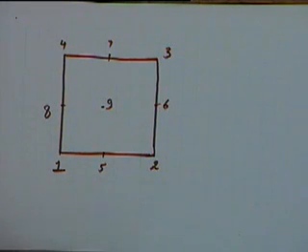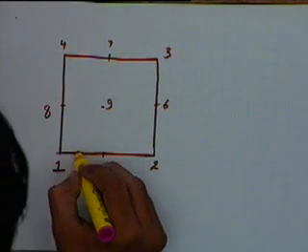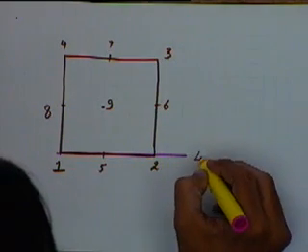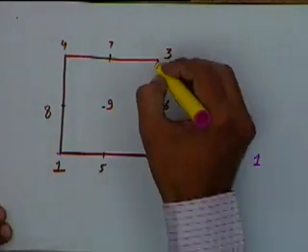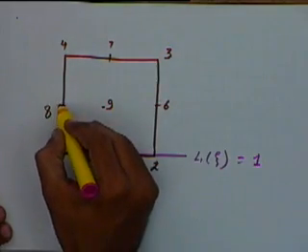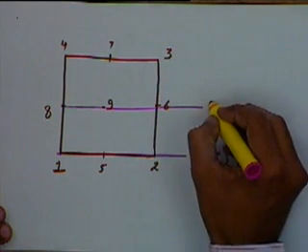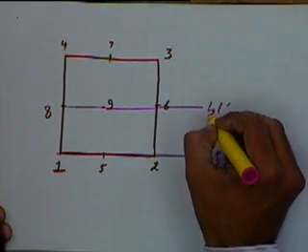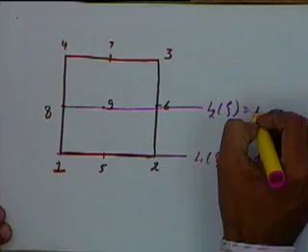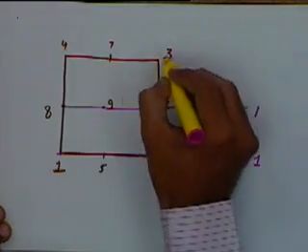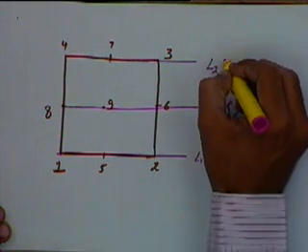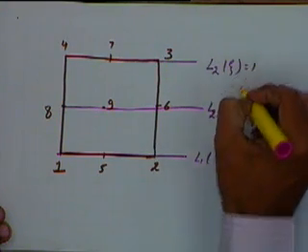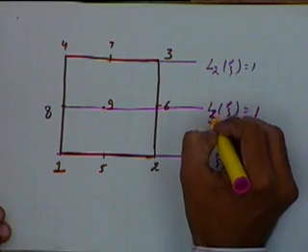Okay, so we have defined, along this edge, L1 of zeta, which is equal to 1 along this edge and 0 at both these edges. Along this edge we have defined L2 of zeta to be equal to 1, and here we have defined L2 of zeta and here we have defined L3 of zeta.